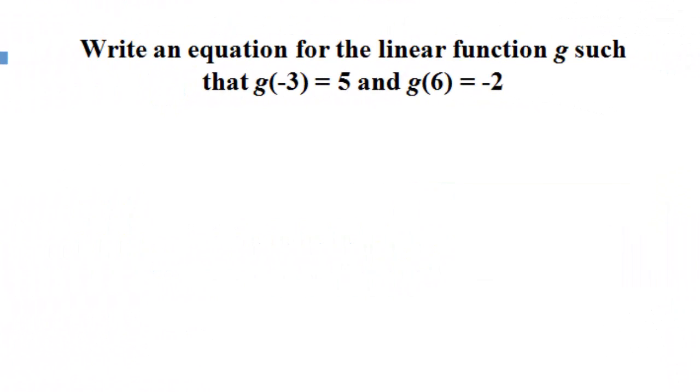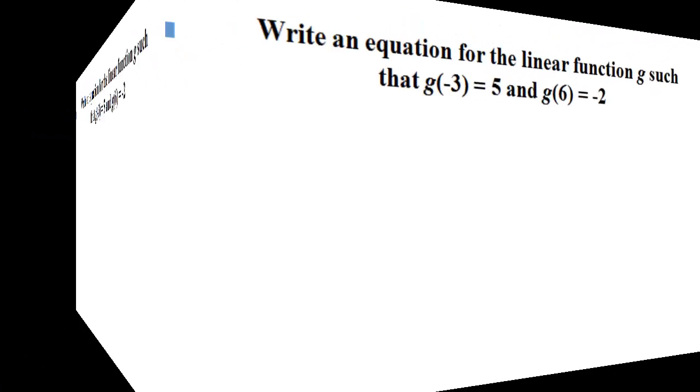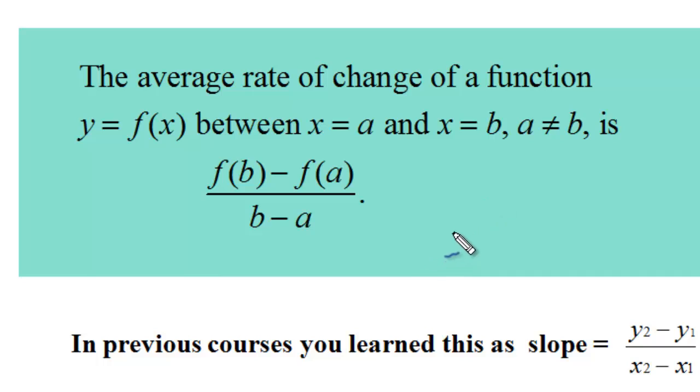Try this one. Write an equation for the linear function g such that g of negative 3 equals 5 and g of 6 equals negative 2. The average rate of change of a function, y equals f of x, here's our general function, between x equals a and x equals b. These are just values. It could be, for example, x equals negative 3 and x equals 4,